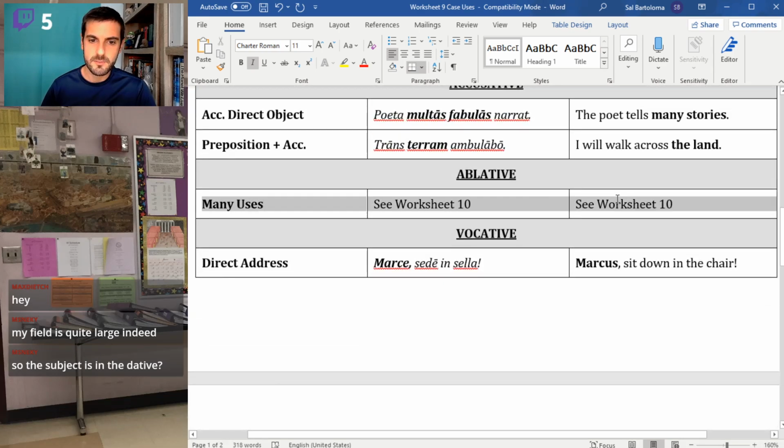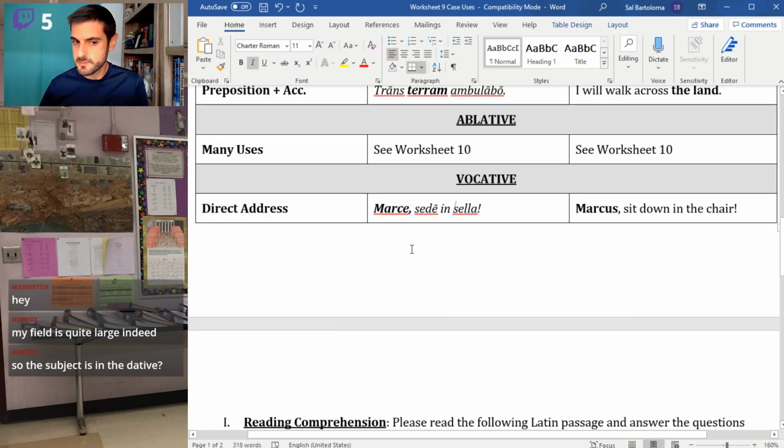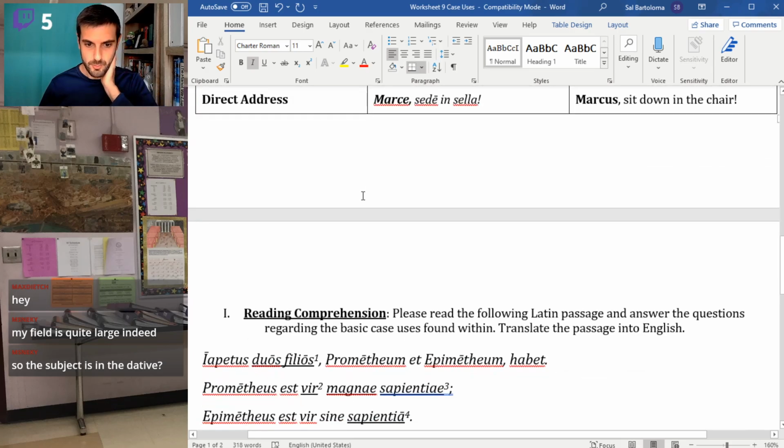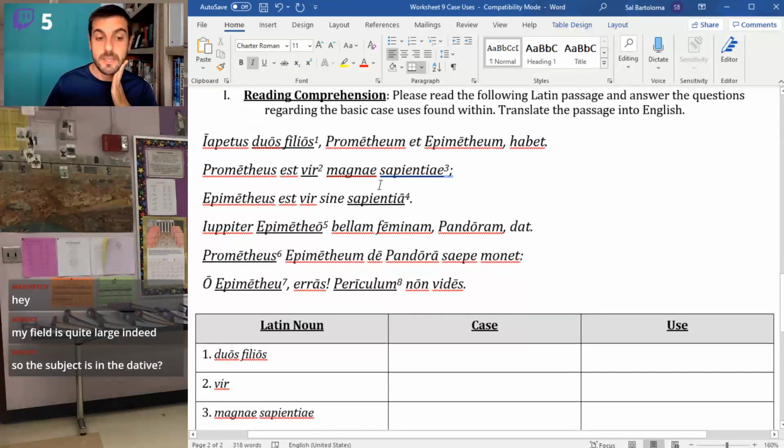Ablative, we're not even going to touch ablative today. That gets its own day in terms of worksheet. But on our notes today, we talked about the many, many different things that an ablative can do. Okay, and then vocative, direct address, right? Talking directly to someone. So that should give us everything we need to be able to read, and I do mean read, this short